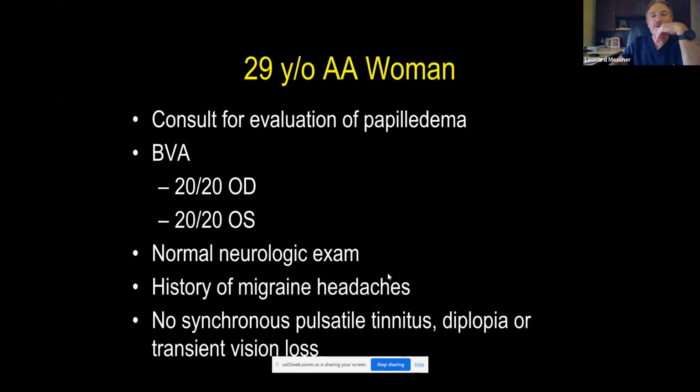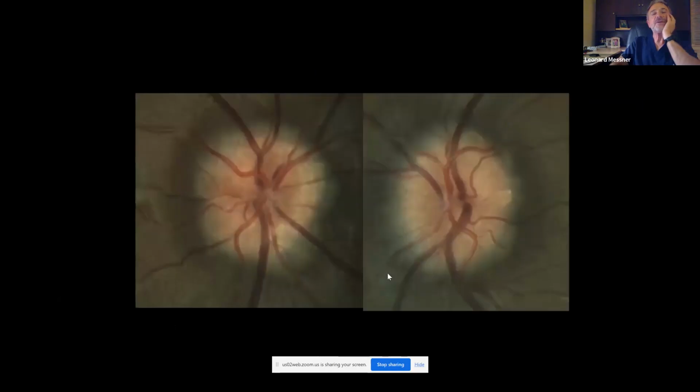Here's a 29-year-old woman who was sent to me for the evaluation of presumed papilledema. She has 20/20 vision, a normal neurologic examination, normal BMI. She has a history of migraine headaches, but no other findings of elevated intracranial pressure, such as synchronous pulsatile tinnitus, transient diplopia, or transient vision loss. Looking at her optic nerves, her optic cups are absent bilaterally. There's a little bit of a blurred appearance to the optic disc margin, both here in the right eye and here in the left eye. If you look carefully, you can actually see some drusen peeking through here